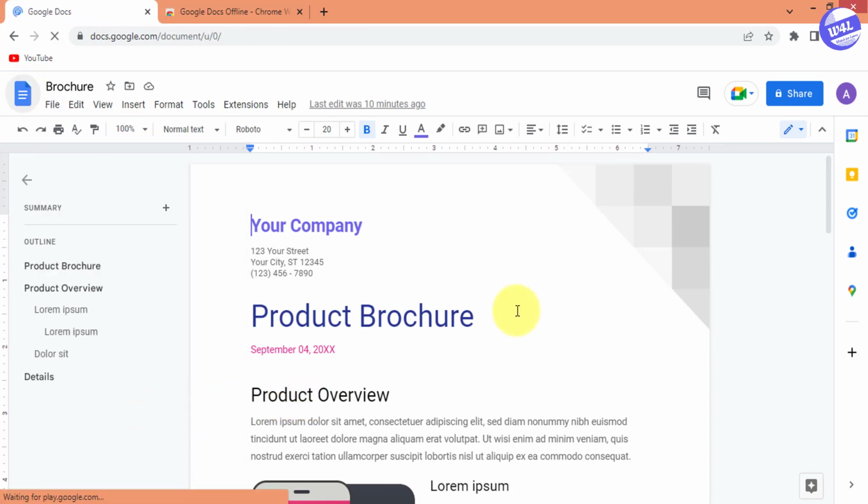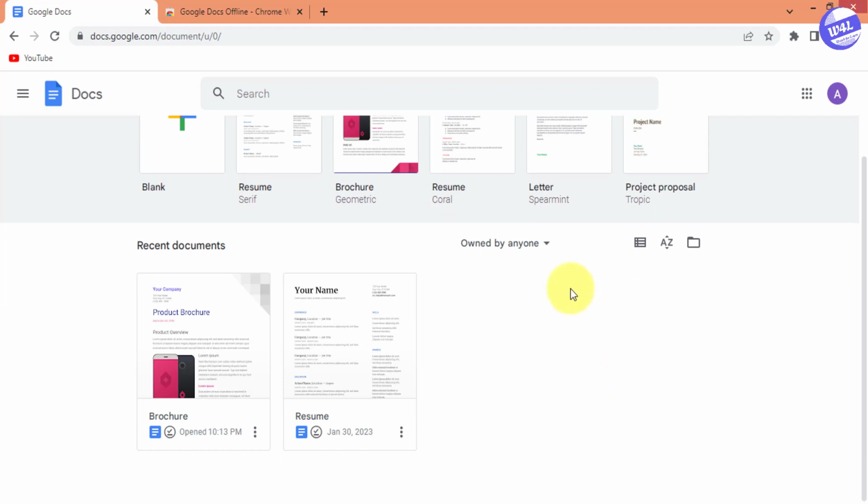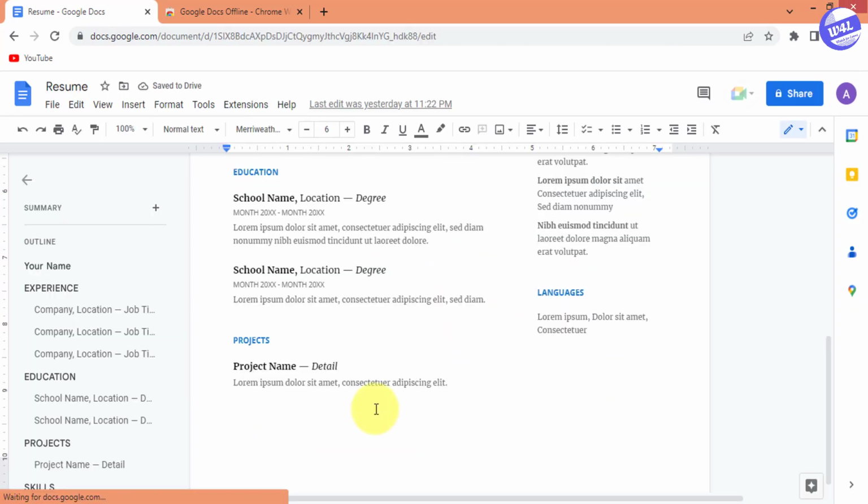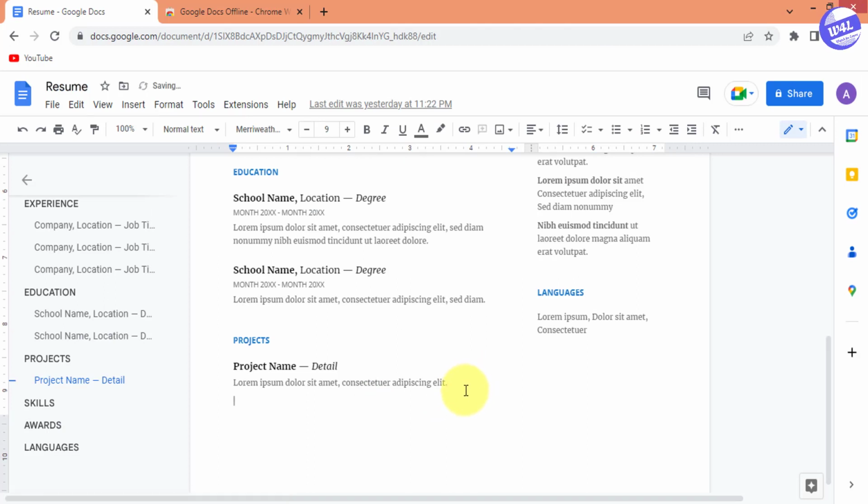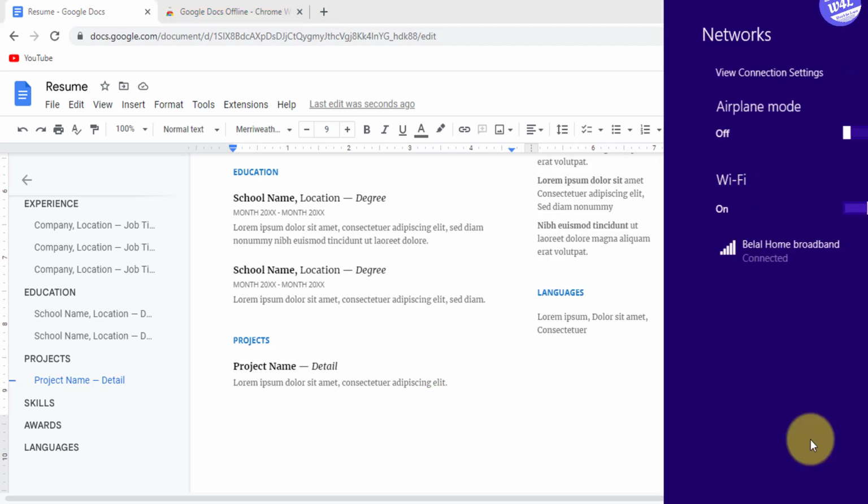Go back to the home screen. Now click on any document. Now you can edit this file offline. Disconnect your internet connection